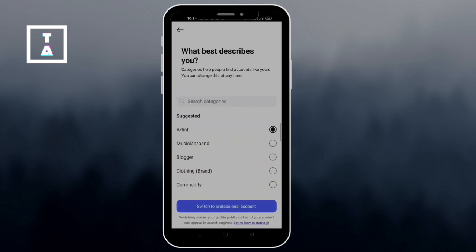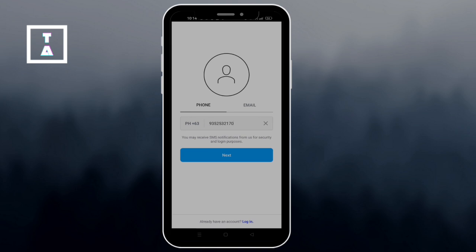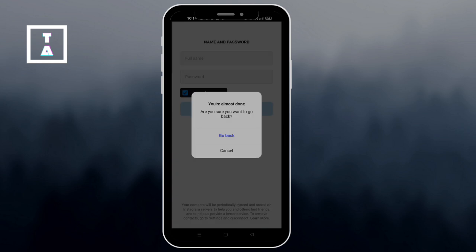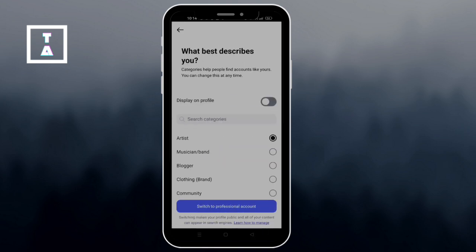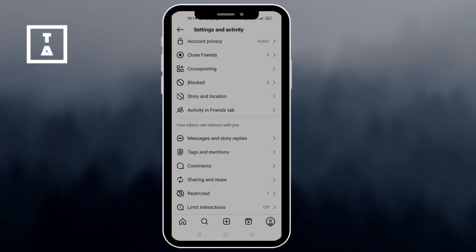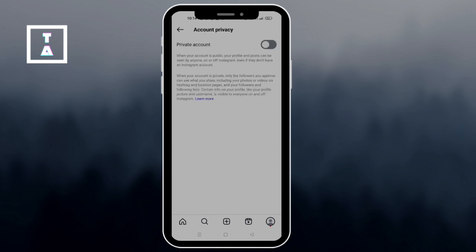Business accounts on Instagram cannot be private. The only way to make your account private is to switch back to a personal account. And once you've switched it, you can now go to the settings and click Privacy and turn on the private